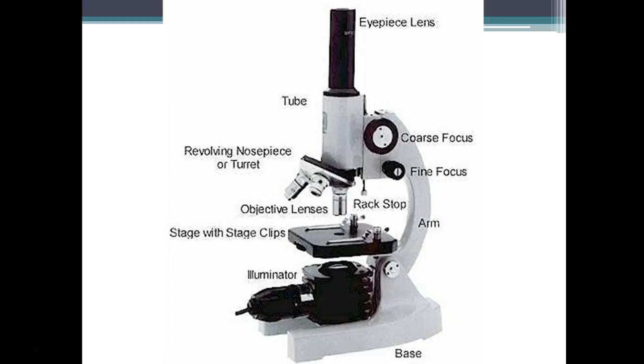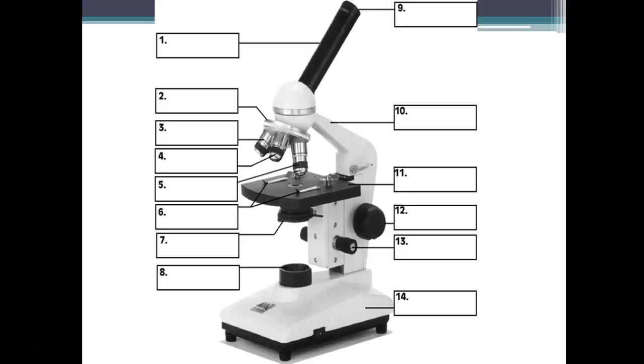You can see it's actually got 3 different lenses that you can use and revolve around what's called a nose. So you can use this image here to label your diagram. There's also microscopes in the book, and of course you can find microscopes online, as well as other resources I've put in Schoology to help you fill in these blanks. But as you take some time to fill them in,